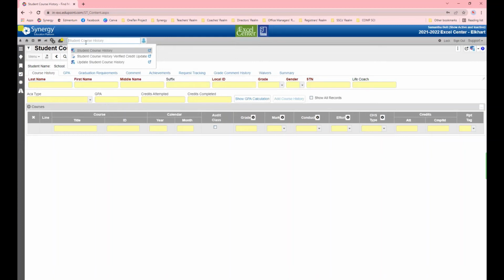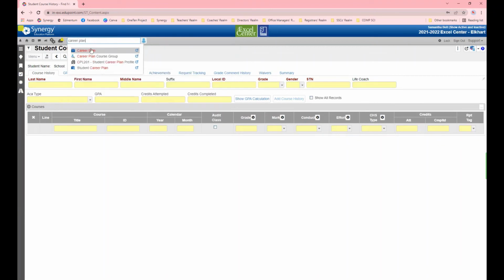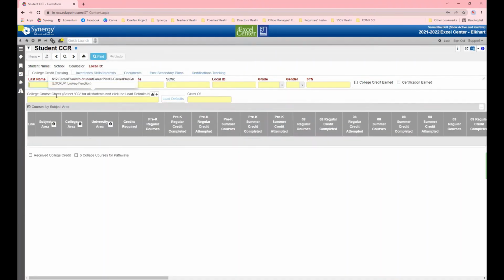Other than that, the other thing that you might want to know about is the student career plan. This is how we keep track of box number 3. Box number 3 is a set of